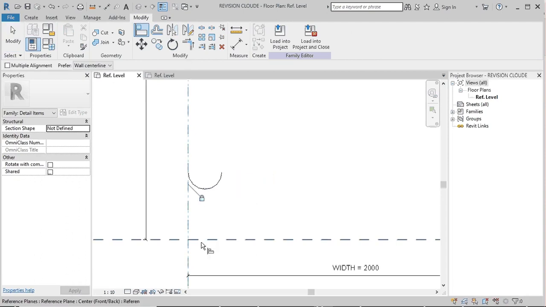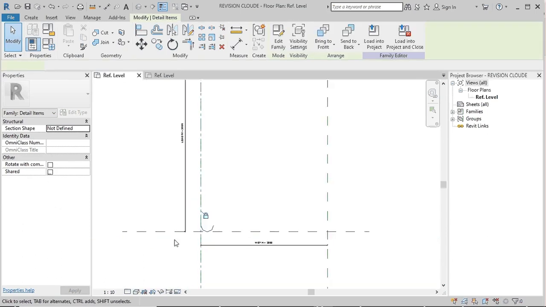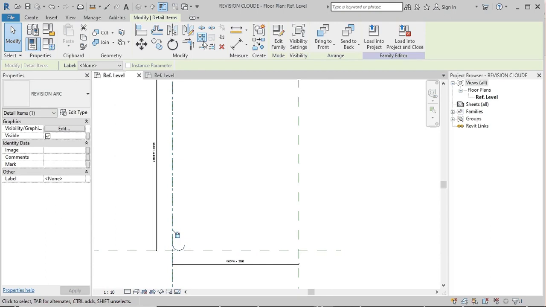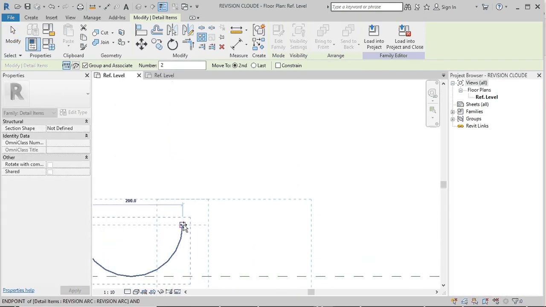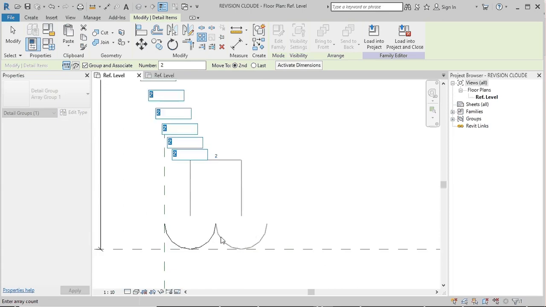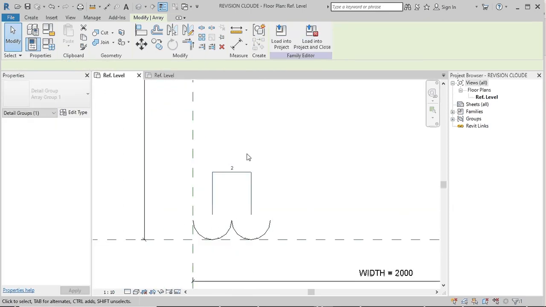We are using the arc in the array command, and after that we can use the array command in the settings also as a parameter. See, from end to end I copy and paste the array, select the array dimension, and give the parameter setting.